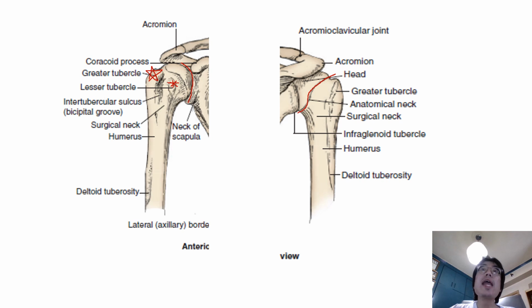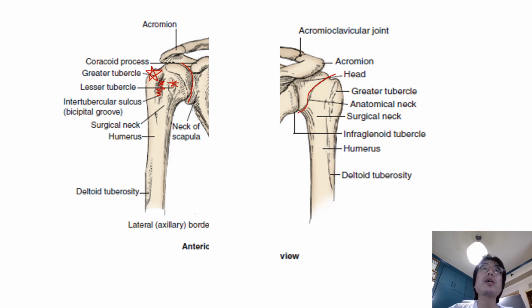There is a depression between the greater and the lesser tubercles called the intertubercular groove, also known as the bicipital groove or sulcus, and it lodges the tendon of the long head of the biceps brachii muscle, and it is bridged by the transverse humeral ligament. The bicipital groove provides the insertion for the pectoralis major on its lateral tip, the teres major on its medial tip, and the latissimus dorsi on its floor.